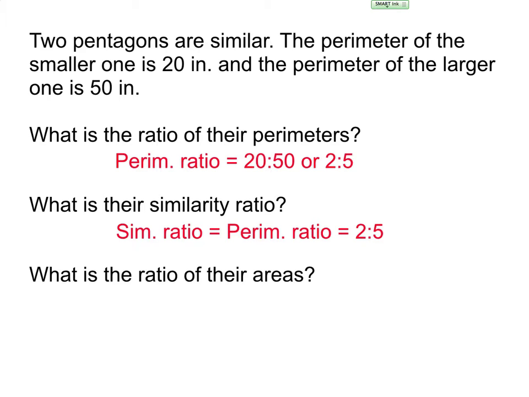The ratio of the areas is the square of it, 4 to 25. So how do you get the similarity ratio from the 20 and 50? From the 20 and the 50, I would know that the ratio of the perimeters is the same as the ratio of just the sides, because of the perimeter. If I gave you the ratio of the areas, you'd have to square root it to get these 2 ratios. So you'll go from one ratio to the other. That part will be all we're doing in that section today. All right, so the area ratio is different. It's the square